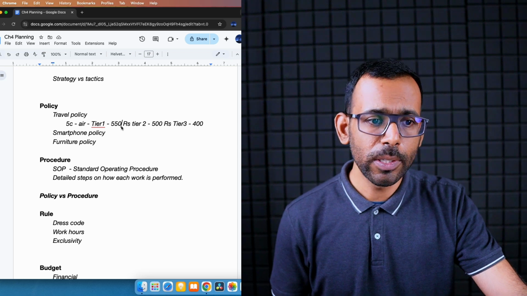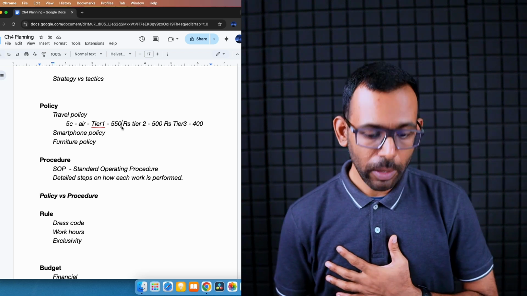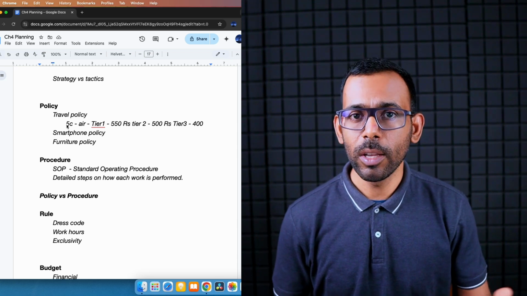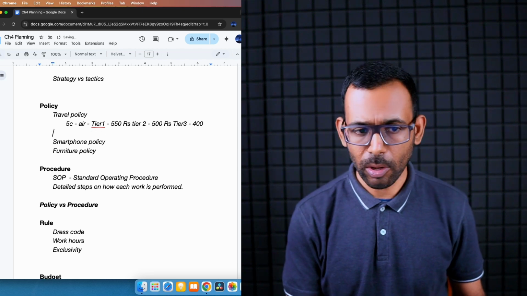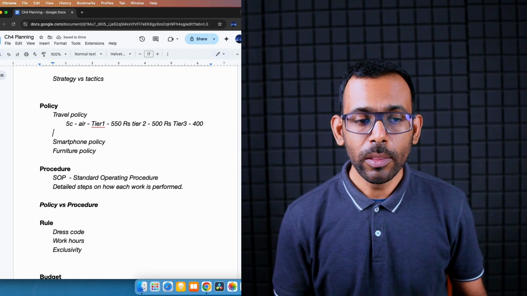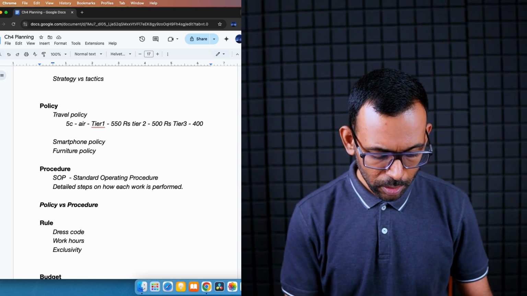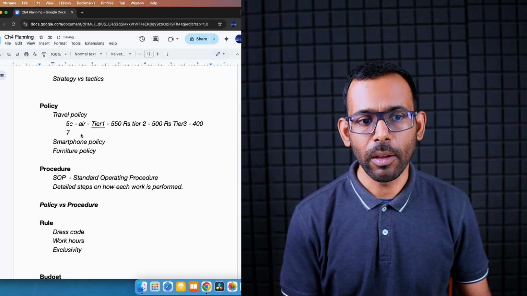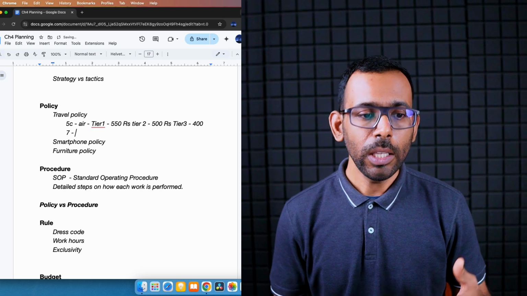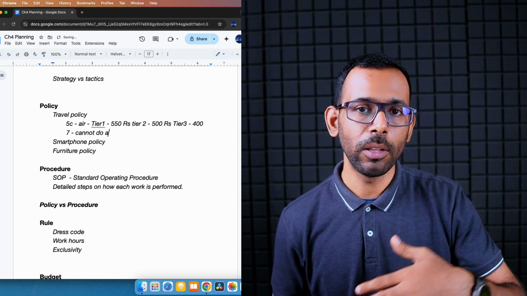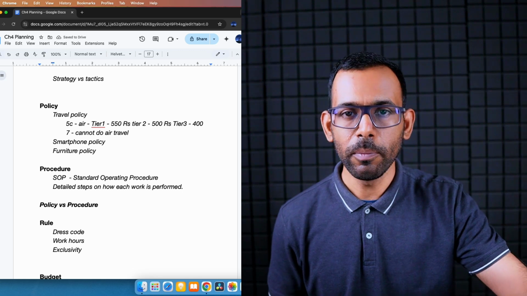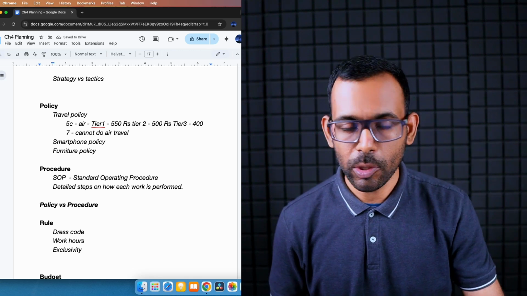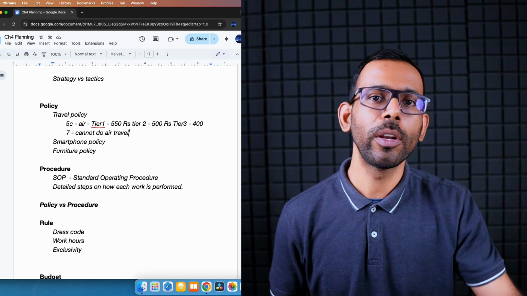And the company also says that I was in grade 5, but let's say there was an employee who is much lower to me. Let's say he is in band or grade 7. Now this person cannot do air travel. So that means even if he has to go from Chennai and he has to attend a repair work or some training program in Mumbai factory, he has to go only by train.